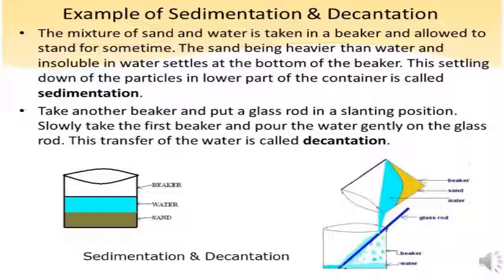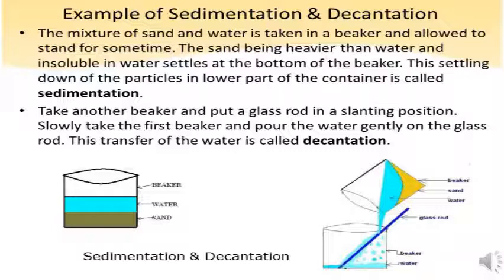So, when we mix sand, rice and dal in 3 test tubes containing the water, and once we observe them, what will we see? We will see that sand, rice and dal, they all have settled down in the respective test tubes. They are separated from water by slowly tilting the test tubes. When they settle down at the bottom of the water, that process is called sedimentation. And then when we slowly tilt the test tube to separate the water, that process is called